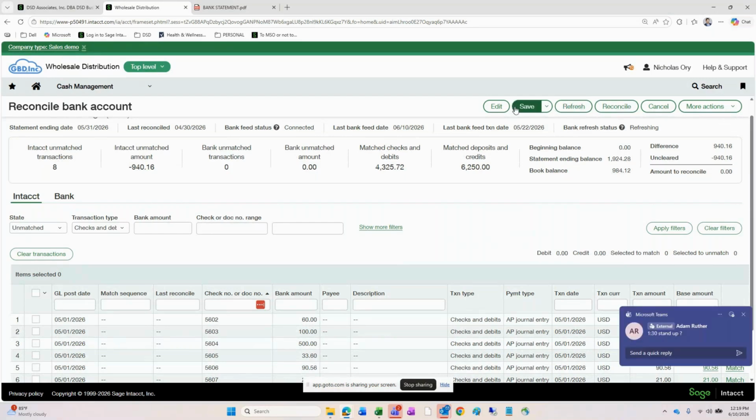At any point before I hit that, you can hit save. So if you have a humongous